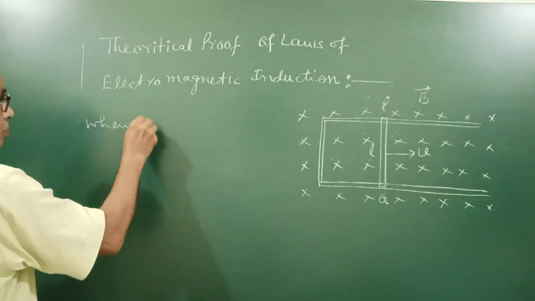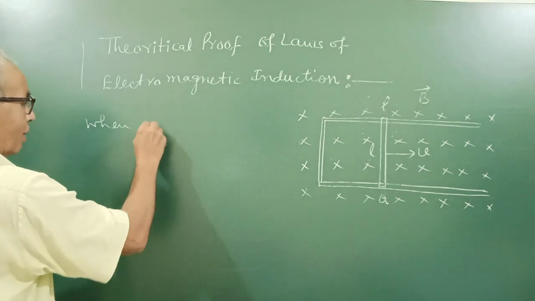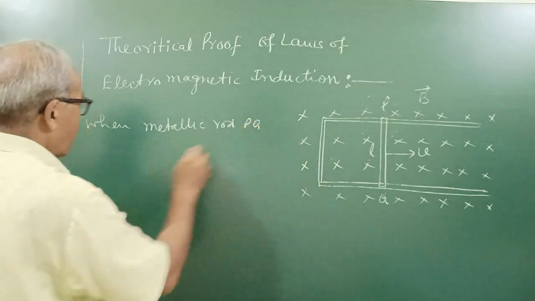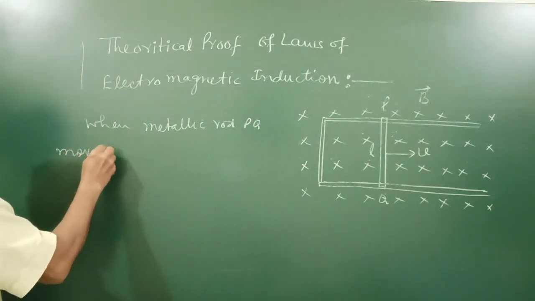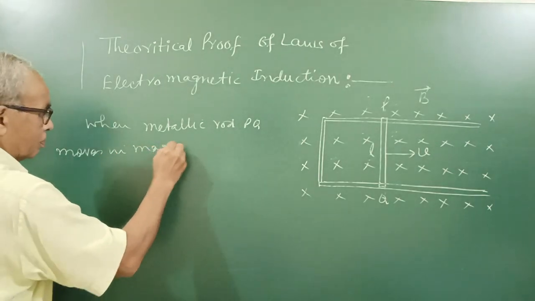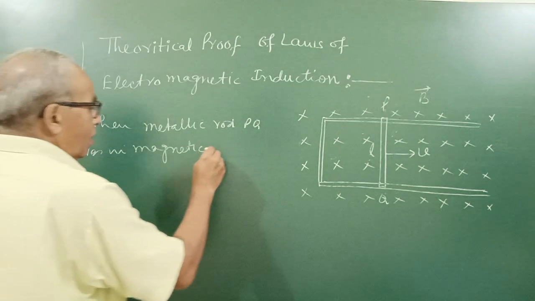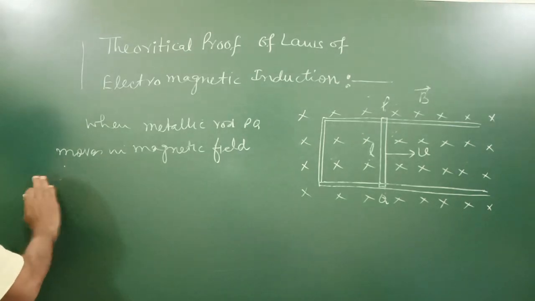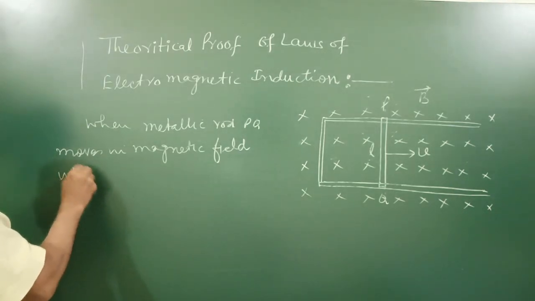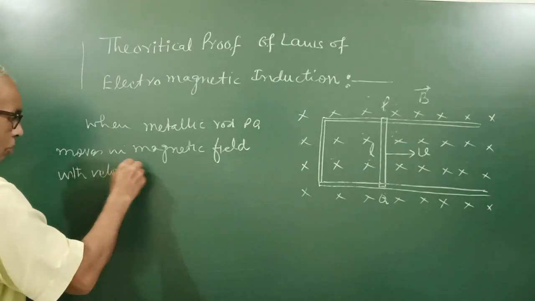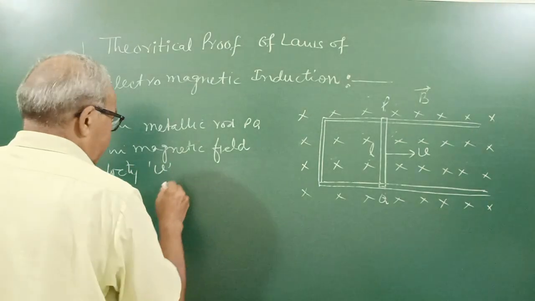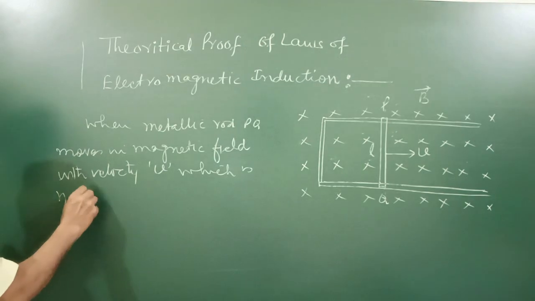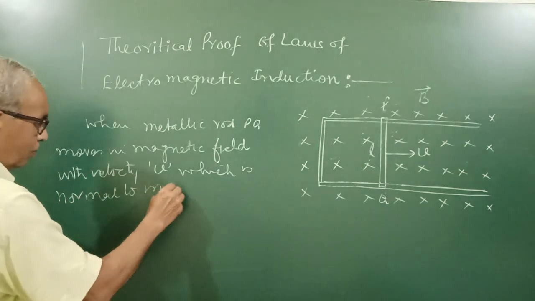When the metallic rod PQ moves in a magnetic field with velocity V, which is normal to the magnetic field B,